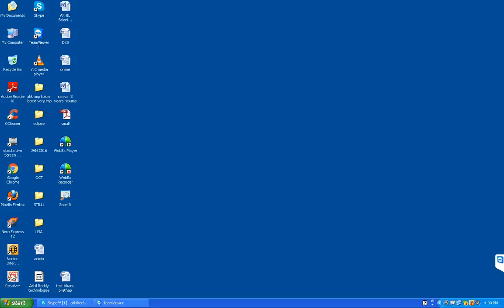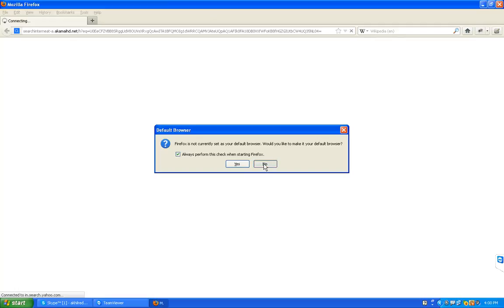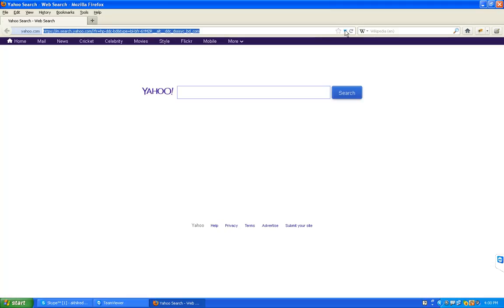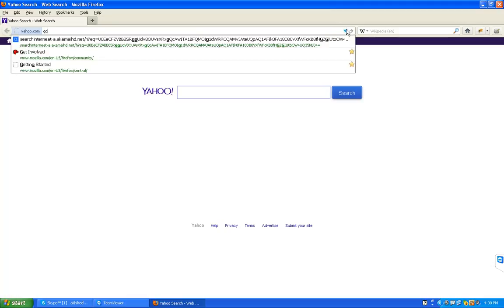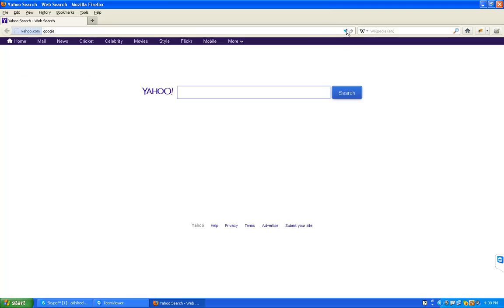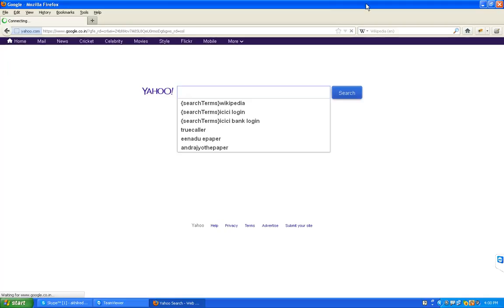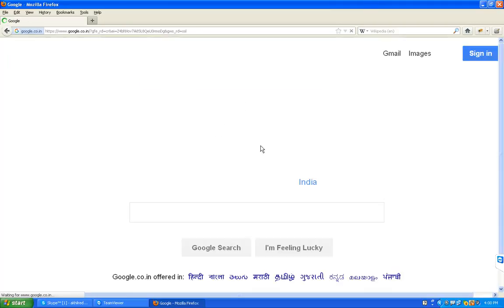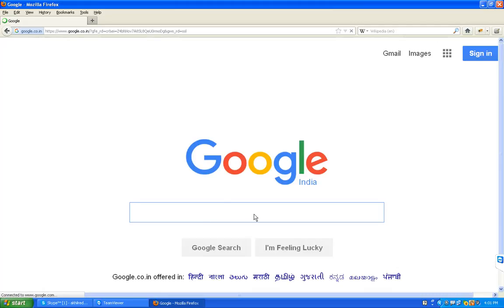First, how to download Selenium IDE? Go to Mozilla Firefox. It is an add-on of Firefox. We can get it only in Firefox. Go to Google. Now type download Selenium IDE.